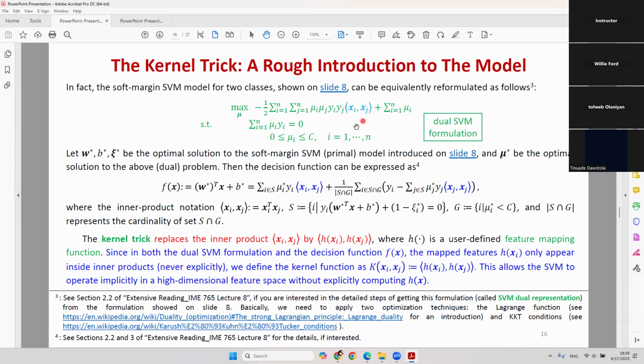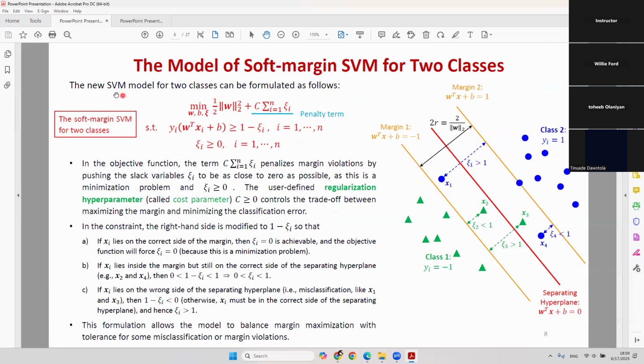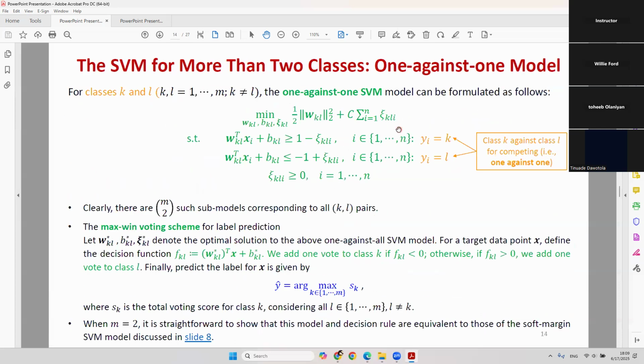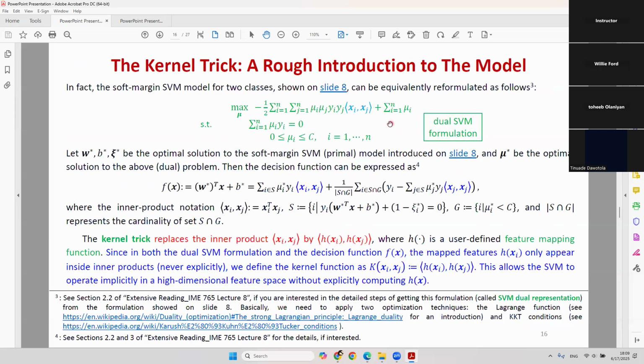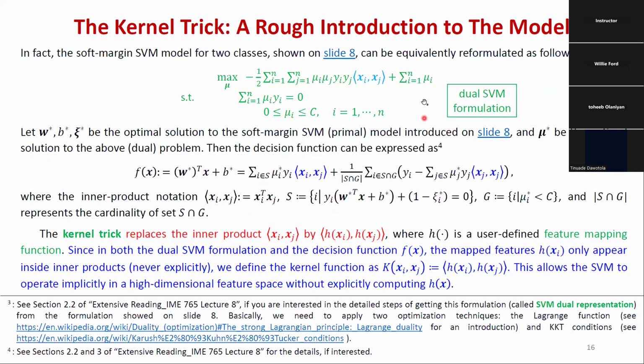I show a way to prove why this model is equivalent to this soft margin SVM model for two classes. Okay, so now from this model. By the way, this model is called a dual SVM formulation, or dual SVM model. We can see that this part is just a format of inner product. And also, if we apply this model, then the decision function will be correspondingly expressed or changed to be this